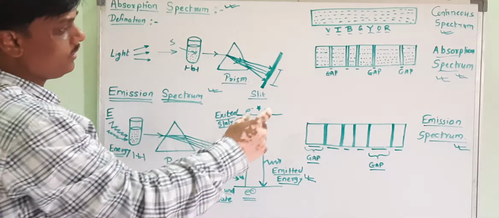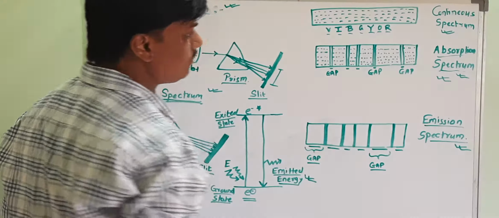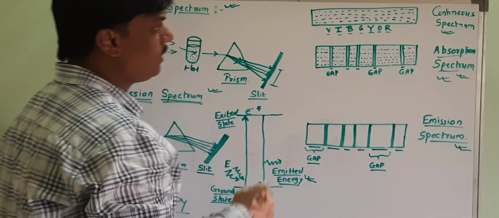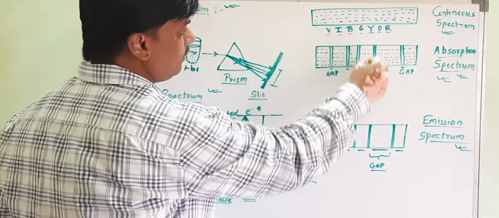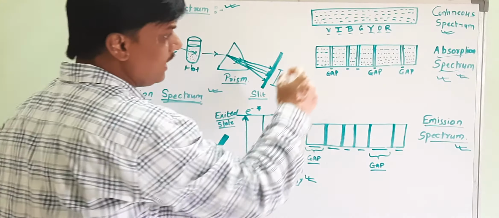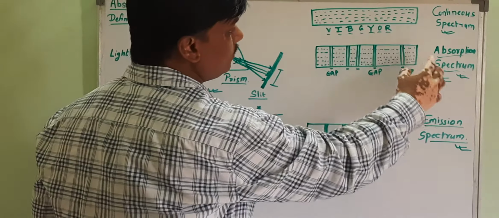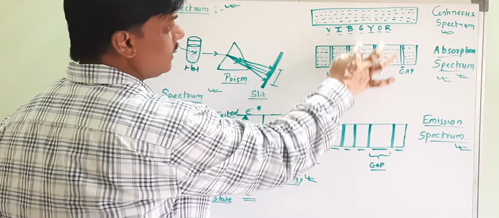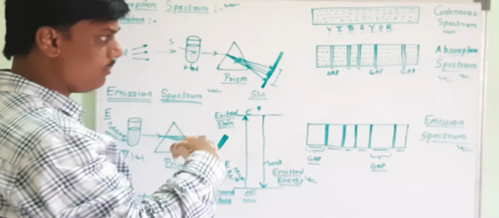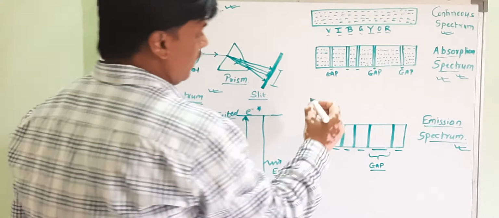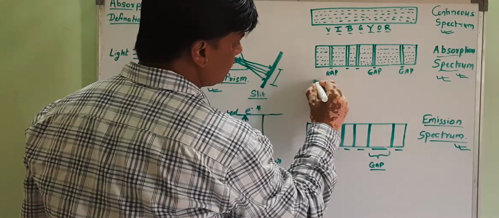In this spectrum, if we compare it with the continuous spectrum, we find some gaps in the continuous spectrum, and these gaps are known as the absorption spectrum because these wavelengths get absorbed due to the presence of that substrate. If we plot this graph